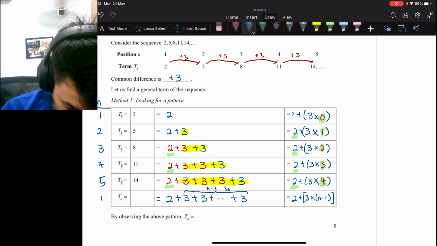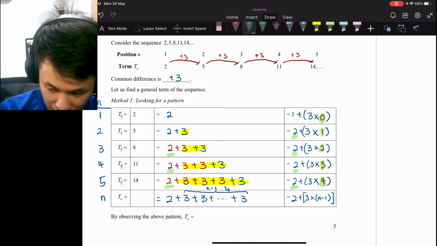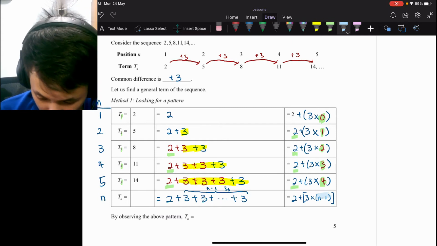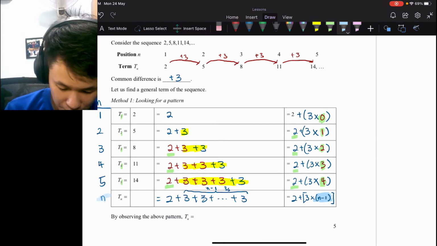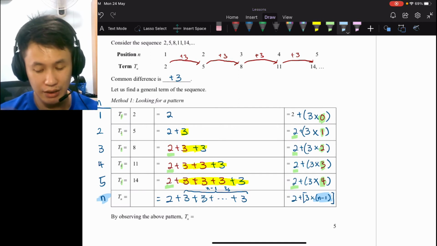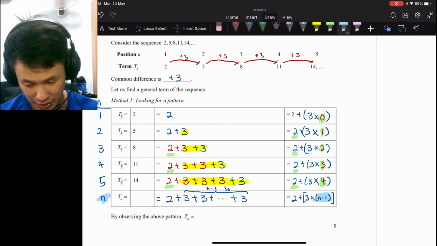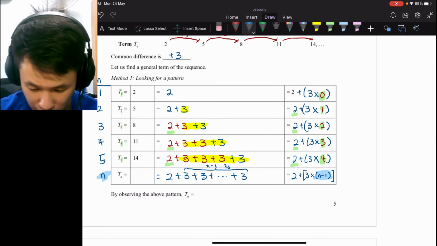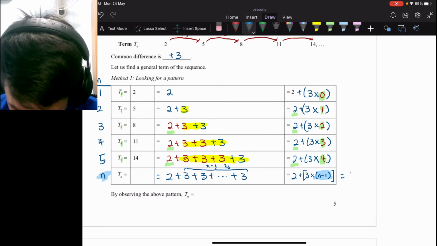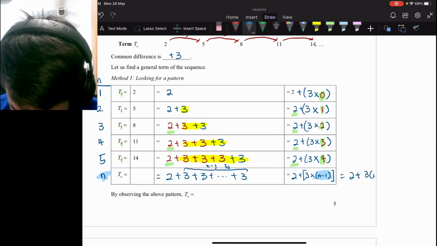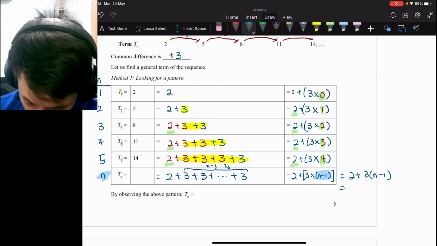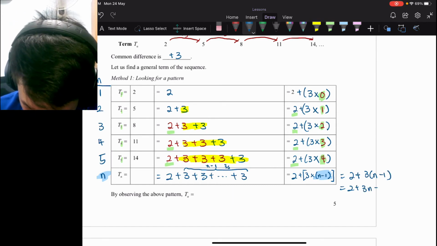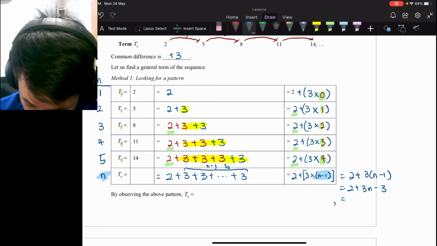Okay, what I need you to see is that this number here will always be 1 less than the position number. I say again, this number here will always be 1 less than the position number. Of course, you have to simplify it. 2 plus 3 times n minus 1 is equal to 2 plus 3n minus 3, and this is equal to